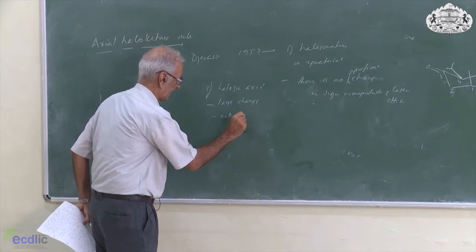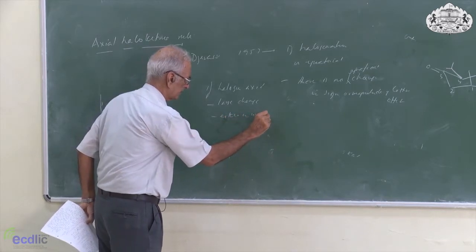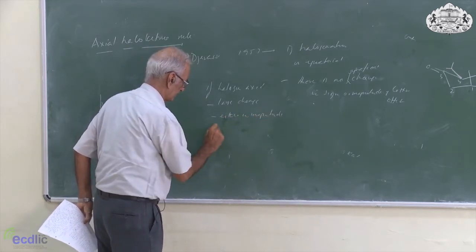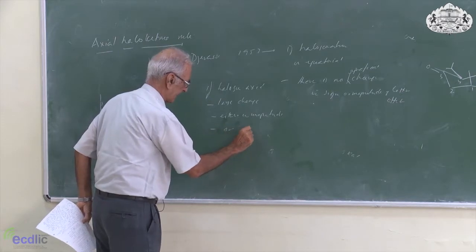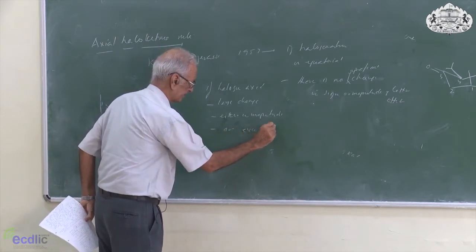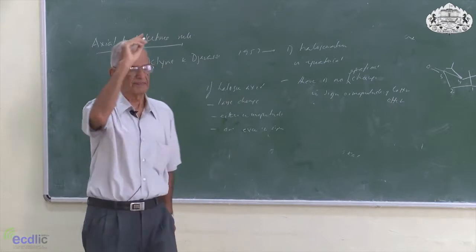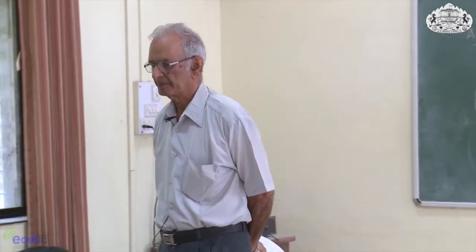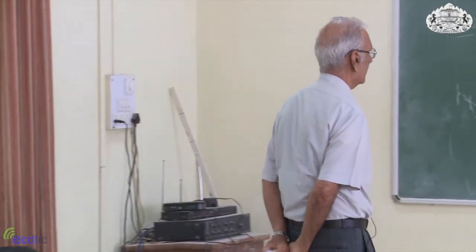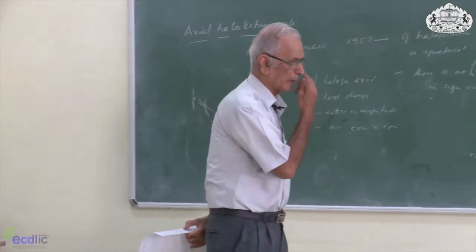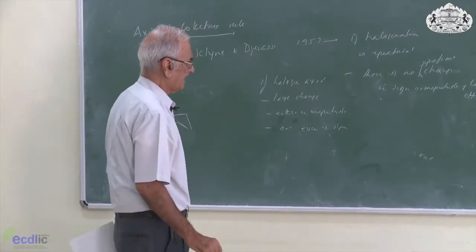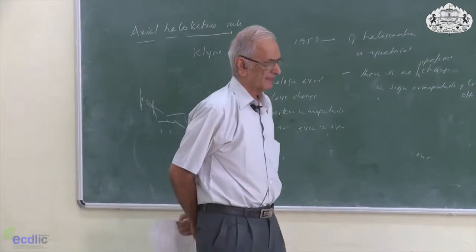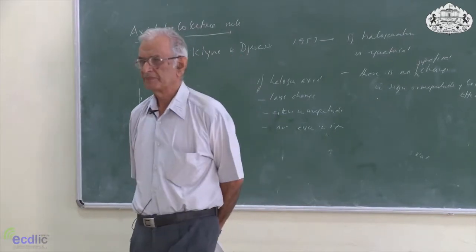Large change either in magnitude or even in sign. That's what they noticed from many examples. And then they postulated this axial haloketone rule. The axial haloketone rule, unlike the Octant rule,